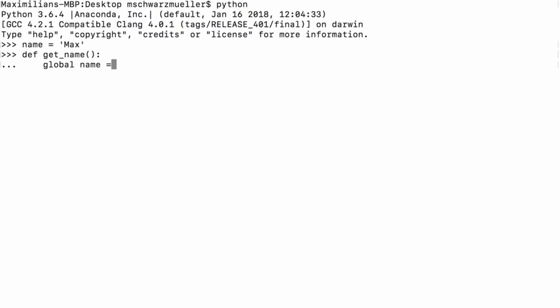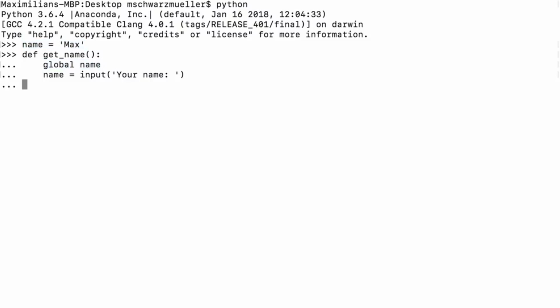And just like that, you don't immediately assign a value, but you just tell Python, hey, there is this global variable, please, if I use name in this function, use the global version of that. Of course, if no such global variable exists, you'll get a problem. So let's now hit enter and indent again. And now we can again use name, input your name like that. And now this will actually use the global name variable because we're telling it to do so here.